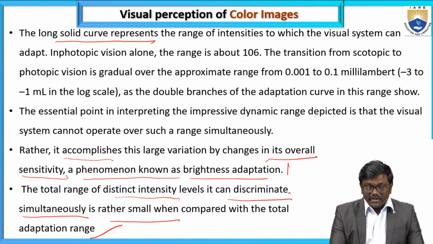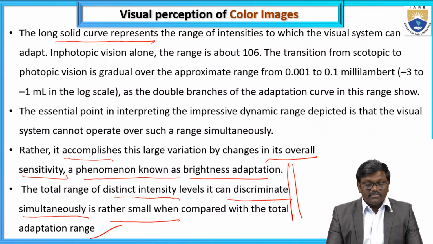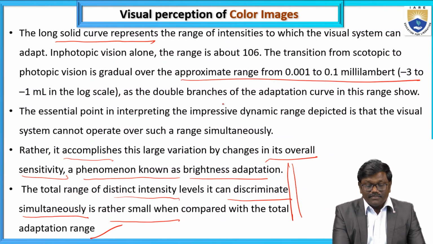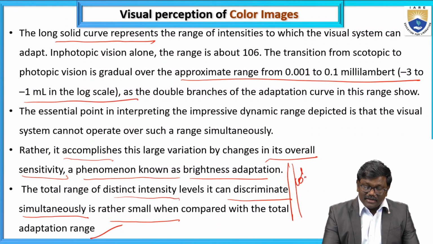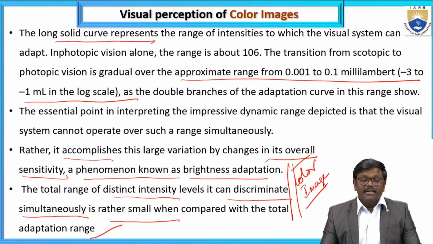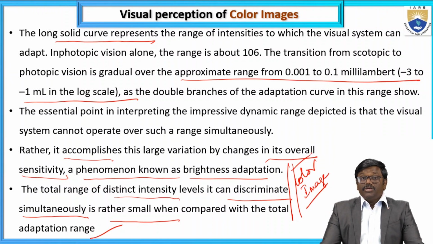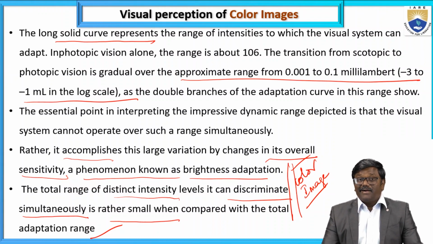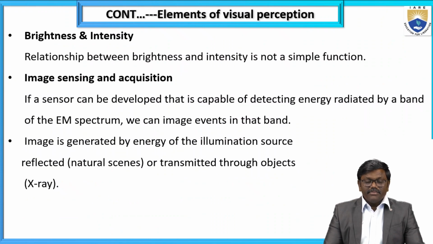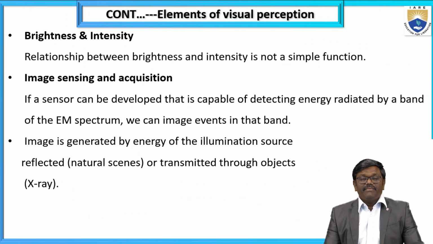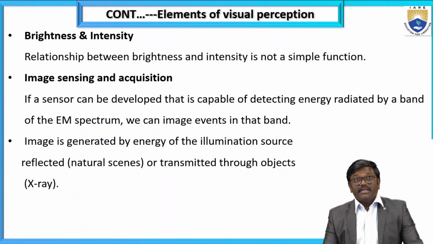So what we need to understand here is that right now we are concentrating on the approximate range of information, which is very important. Based on that, your color image observation may be different. So the perception here is observation only. Coming to the continuation, we are concentrating on how this observation varies in terms of